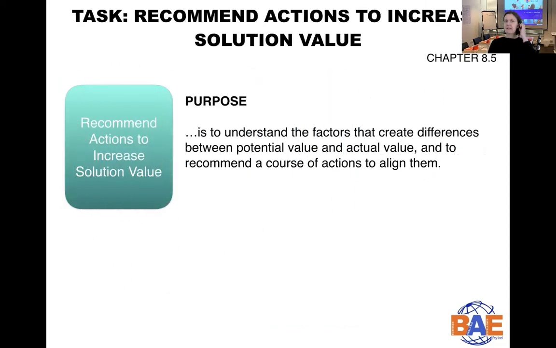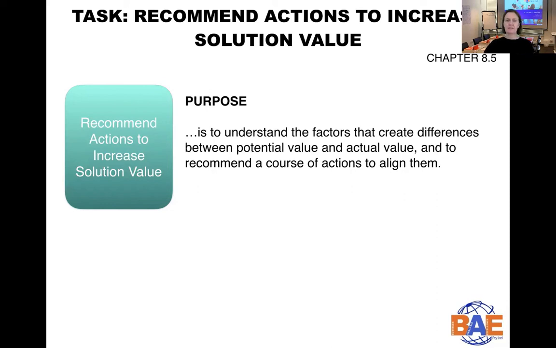Now, the last task that I'd like to run through with you is recommend actions to increase solution value. So the purpose here is to understand the factors that create differences between potential value and actual value, and to recommend a course of action to align them. So this is what we've almost worked for during this entire knowledge area: collecting the performance measures, analyzing them, looking at the limitations of the solution, then looking at the limitations of the enterprise, and now we are coming up